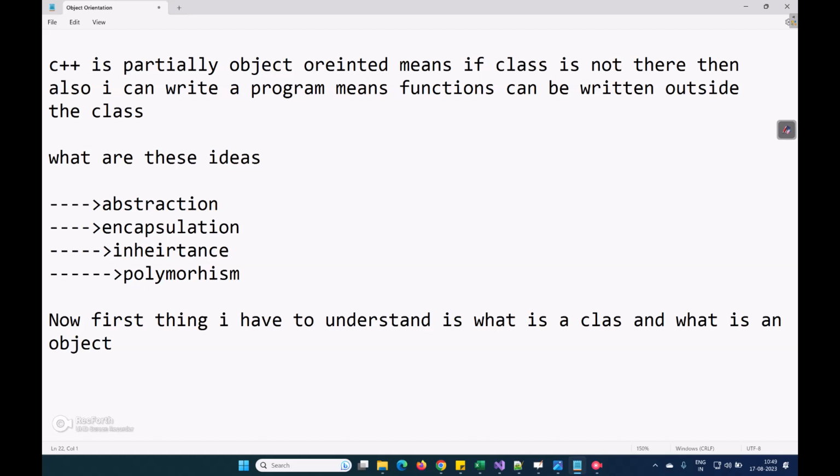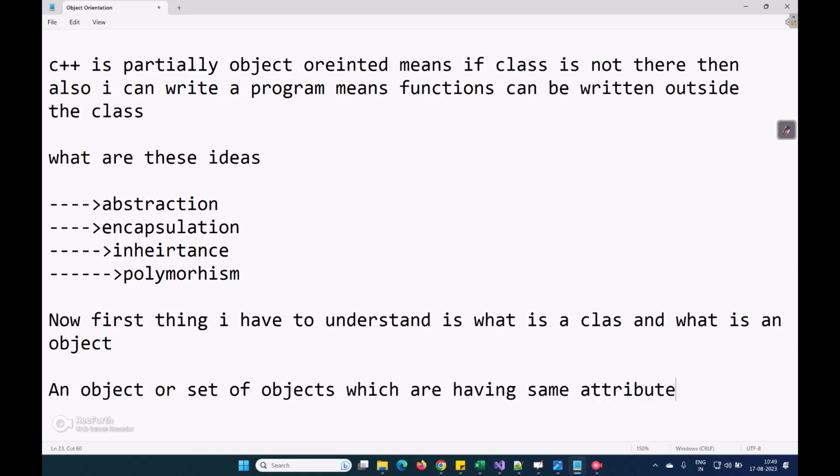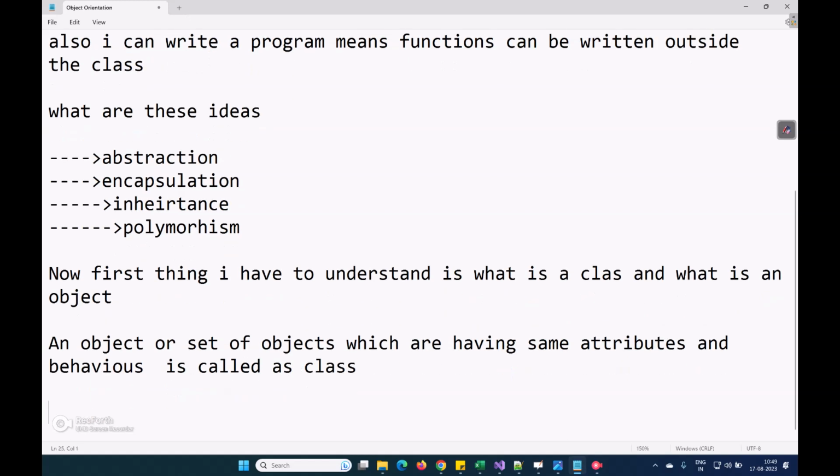A class is what? An object or set of objects which are having same attributes and behavior is called a class.